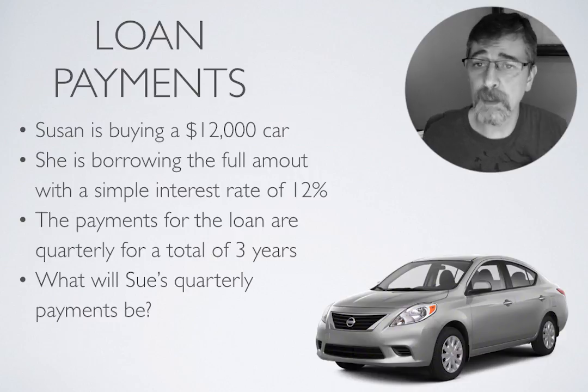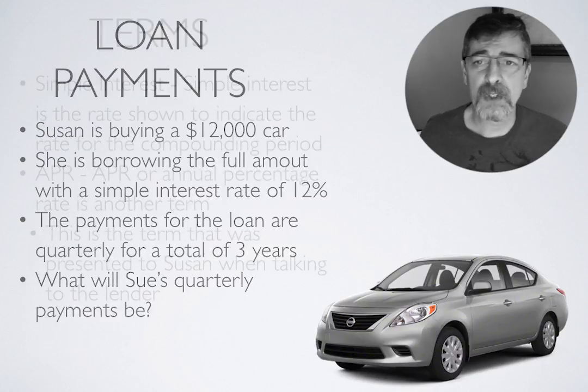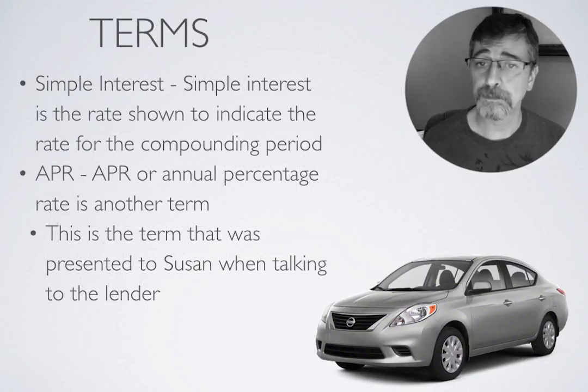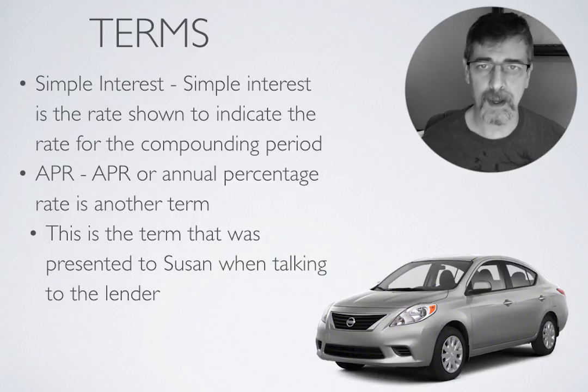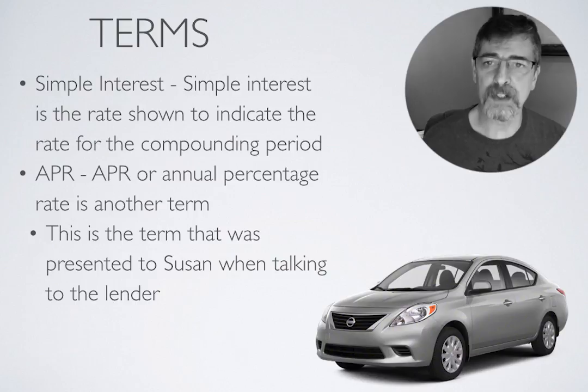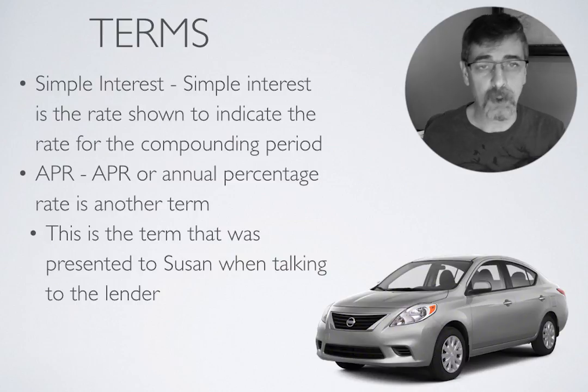And so, to look at the terms involved with this question, first of all, I looked at simple interest. Simple interest is simply the rate shown, or the rate used to indicate the rate for the compounding period. If you're looking at APR, or the annual percentage rate, this is another term for simple interest rate. And this is a term that Sue was presented with when she was talking to the lender about her loan. So when they told her that she was going to be taking out this loan, they told her that the